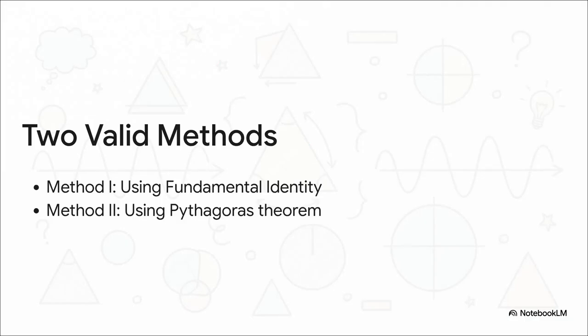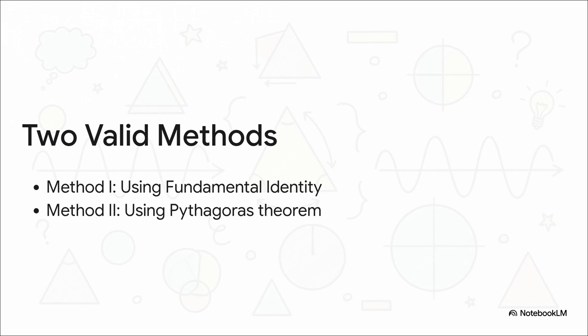To make sure you have a really deep understanding, I'm going to show you 2 completely valid methods to solve this. Method 1 utilizes that newly proven algebraic identity we just talked about, substituting the value directly. Method 2, on the other hand, relies purely on geometry. We construct a right-angled triangle, assume the sides are in the proportion of 20k and 29k, and just apply the Pythagoras theorem to find that